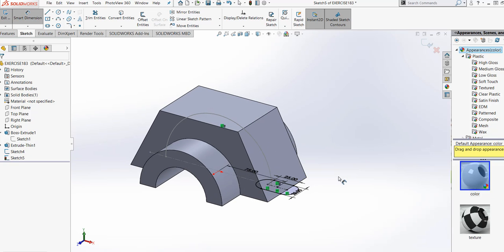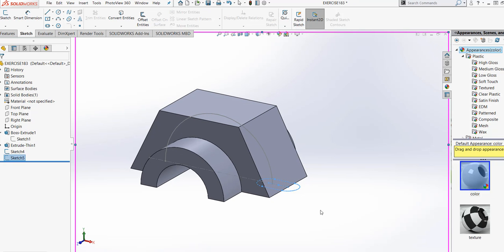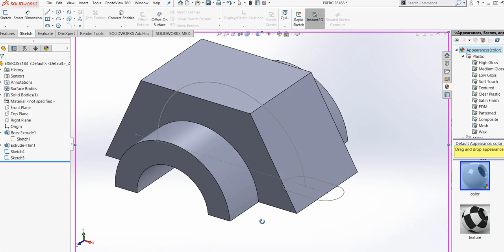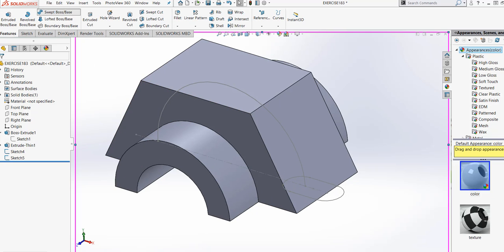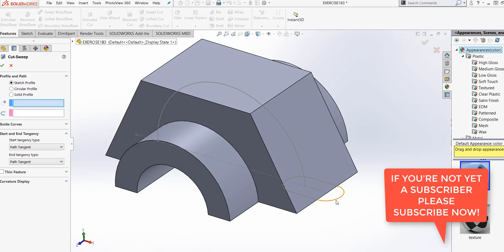or extrude cut. Let's get out of the sketch and then go to Features and Swept Cut. Oops. Swept Cut is right here. So this one is the profile.